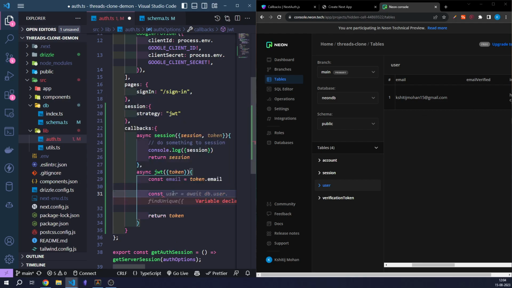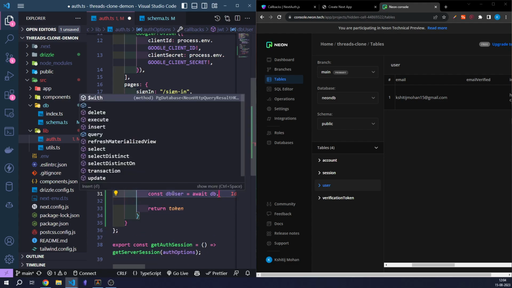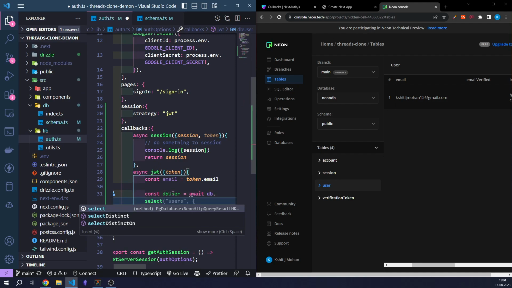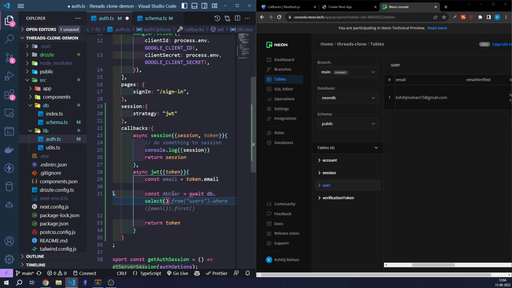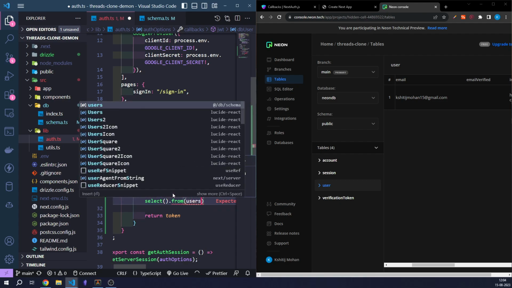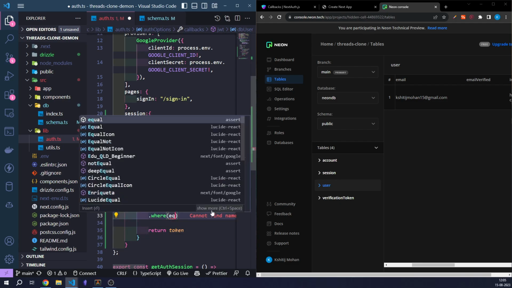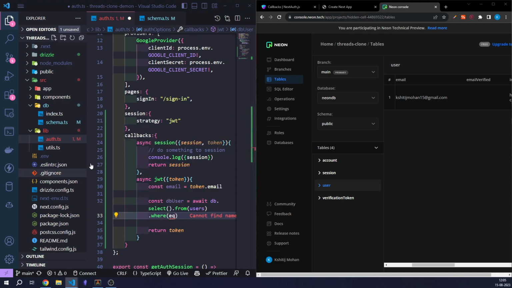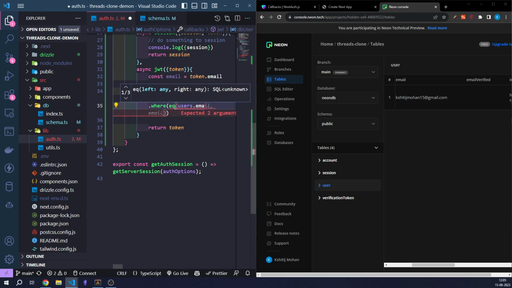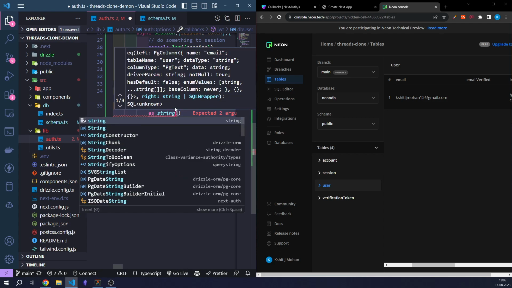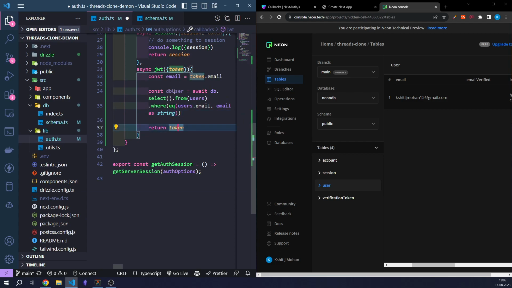const dbUser equals to array db.user. Let's see that. db.select from users. Let's import the users from our schema, where we get the equality condition from Drizzle ORM itself. Let's do that. The user's email should be equal to the email, which will be a string. So right now we should have access to our user, and if we don't have access to our user,